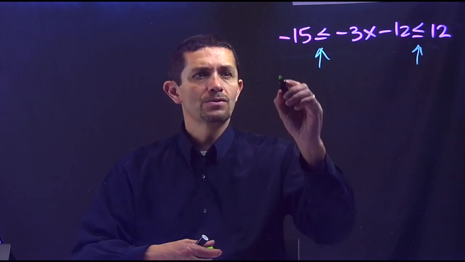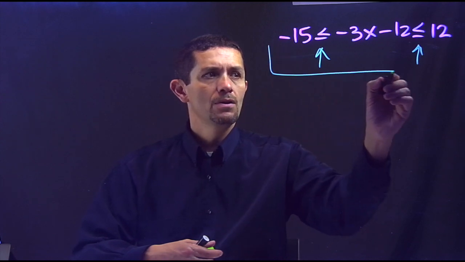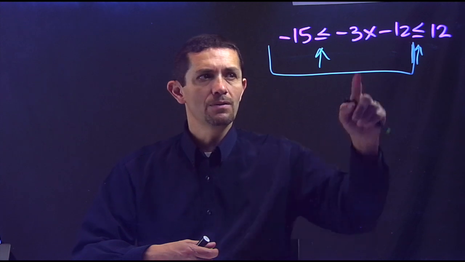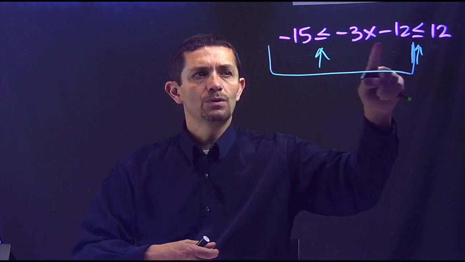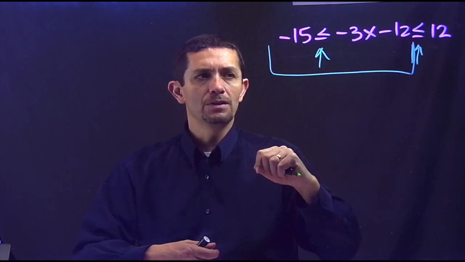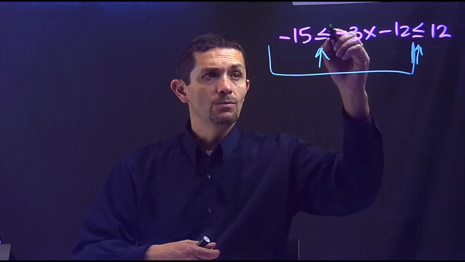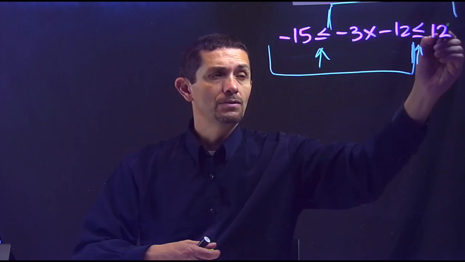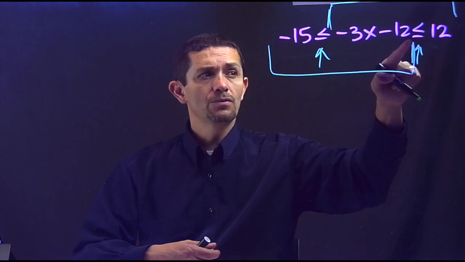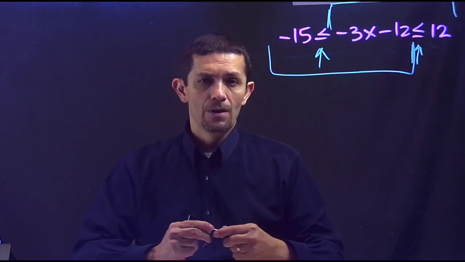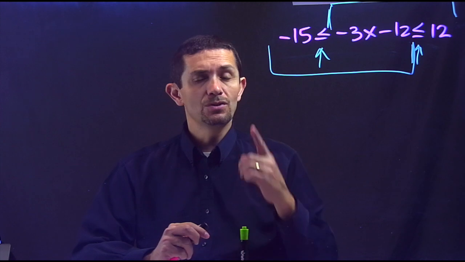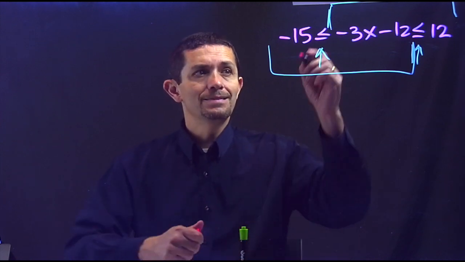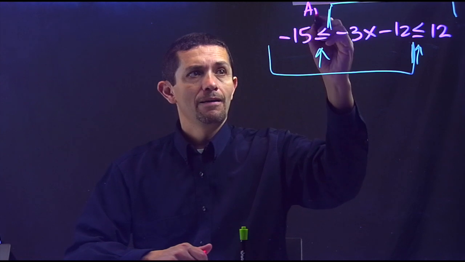My first inequality will be from here all the way up to before the second inequality. So here it'll be negative 3x minus 12 greater than or equal to negative 15. The other inequality will be starting from right after the inequality symbol up to the end: negative 3x minus 12 is less than or equal to 12. So when I have two inequality symbols in one, it's a compound inequality. In this case, the type is an